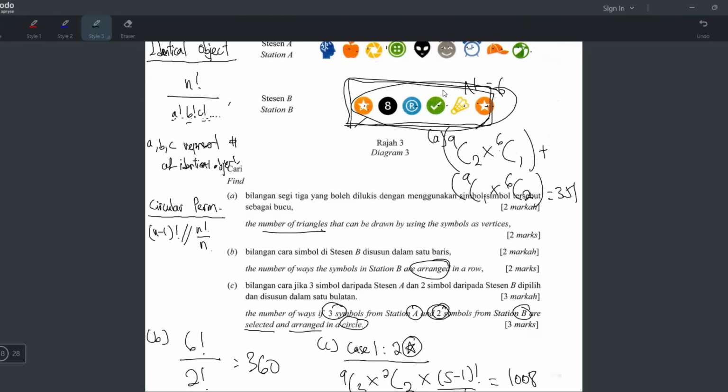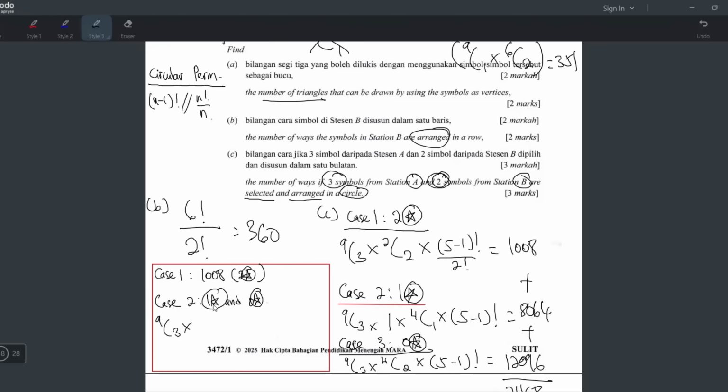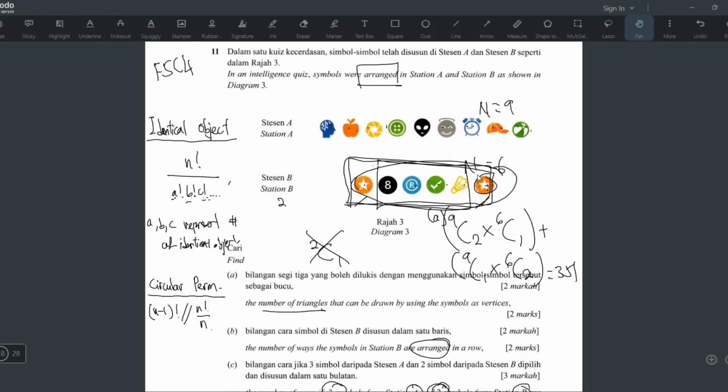Case 1 is the number of ways to select 2 stars. And then case 2, you can actually combine this. You can gather together. How to gather together? You want to end up with 1 star or 0 star, right? So if you want to end up with 1 star or 0 star, what you can do is just go 5, and then C2. You know why, right? Because